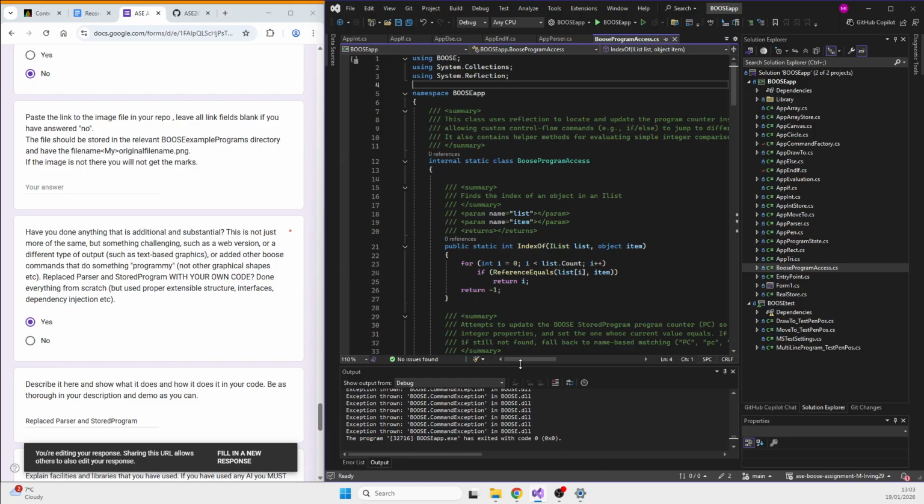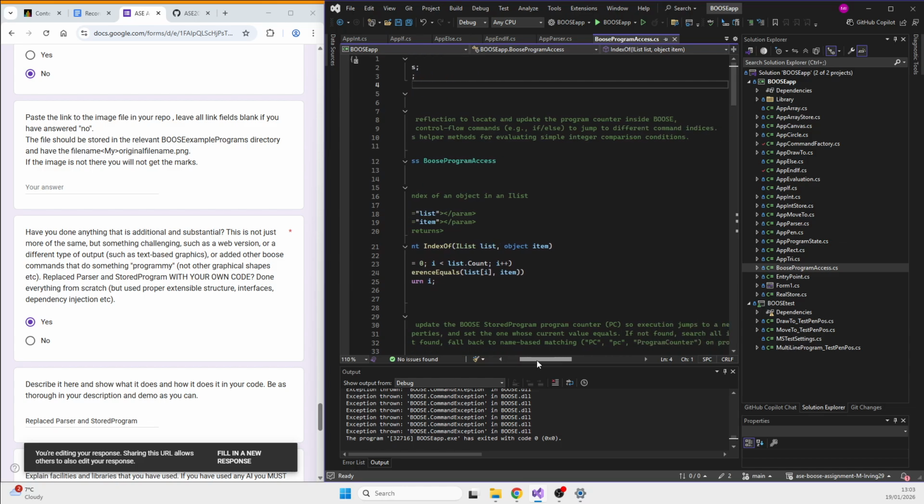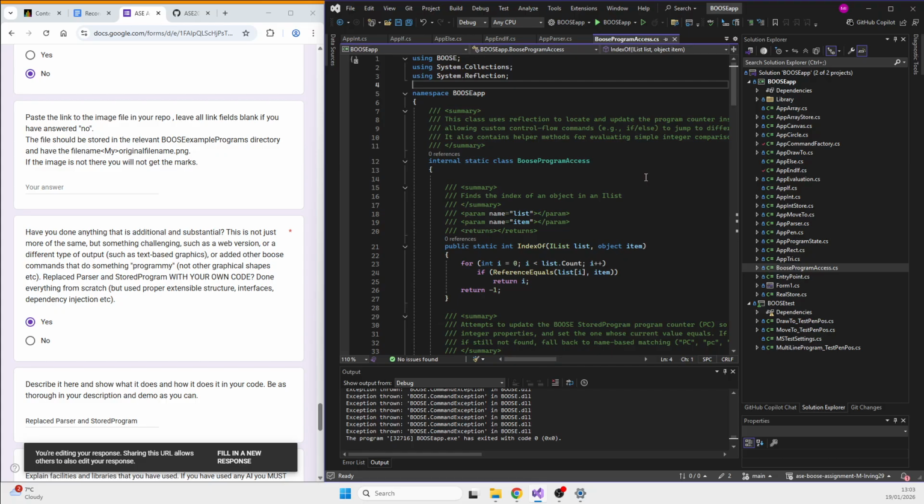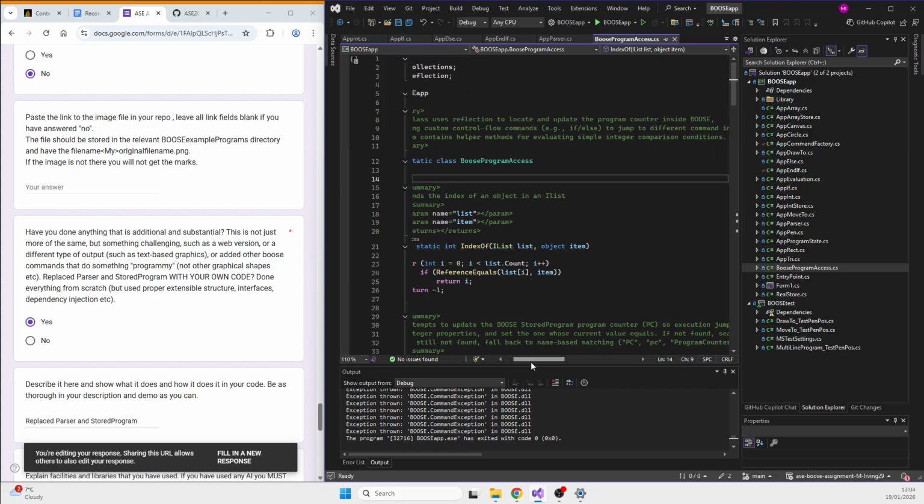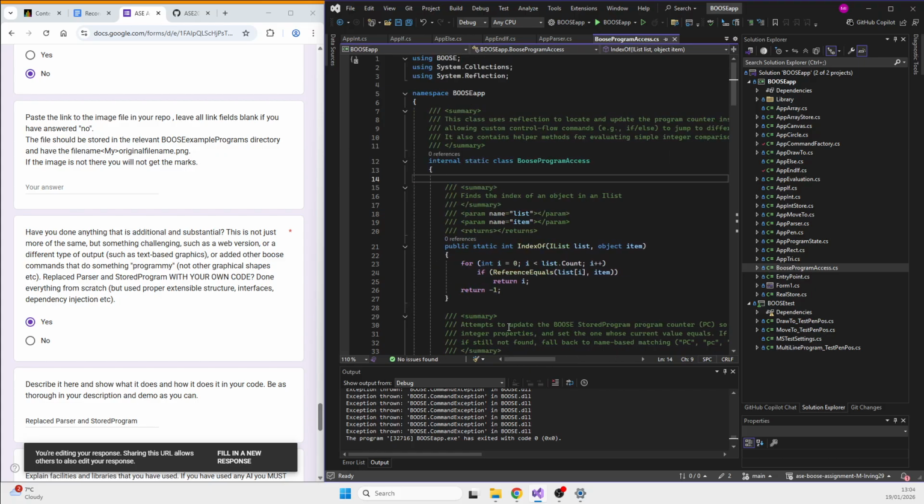So yeah, here's the part where it locates and updates the program counter, and it would help control the flow of the if and the else if, if it were working, but it doesn't.